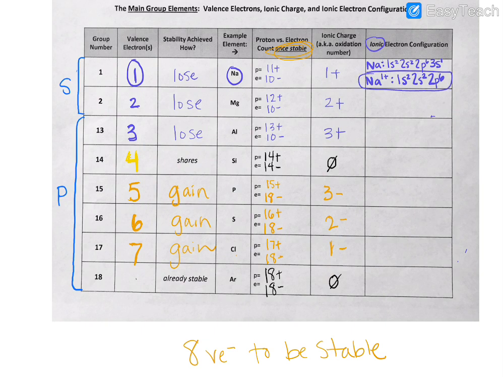This is the ionic electron configuration, okay? I'm just showing the ground state electron configuration up here so you guys can see the difference. All right, so I do another one. Magnesium